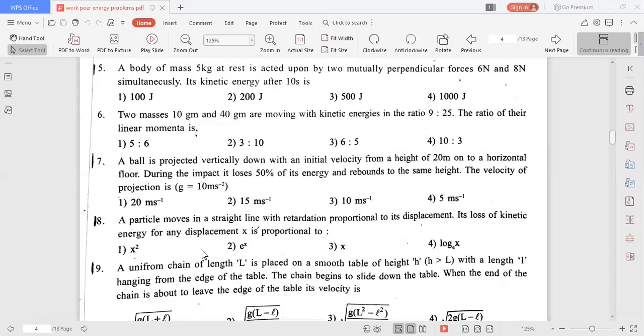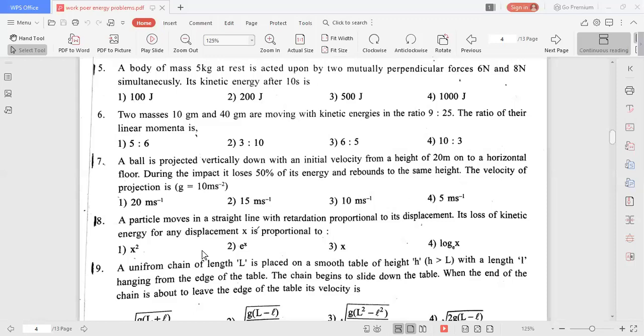But whenever it makes collision with the ground, it loses 50% of its energy. That means loss of energy is 50%. Then what is the remaining energy? 50% is the remaining energy. Suppose if the loss of energy is 25%, then energy remained is 75%. With that energy, it rebounds. As long as the body goes upwards, its velocity goes on decreasing, and after it rises to the same height h2, its velocity becomes 0. That's why at this height h2, it is having only potential energy mg h2.